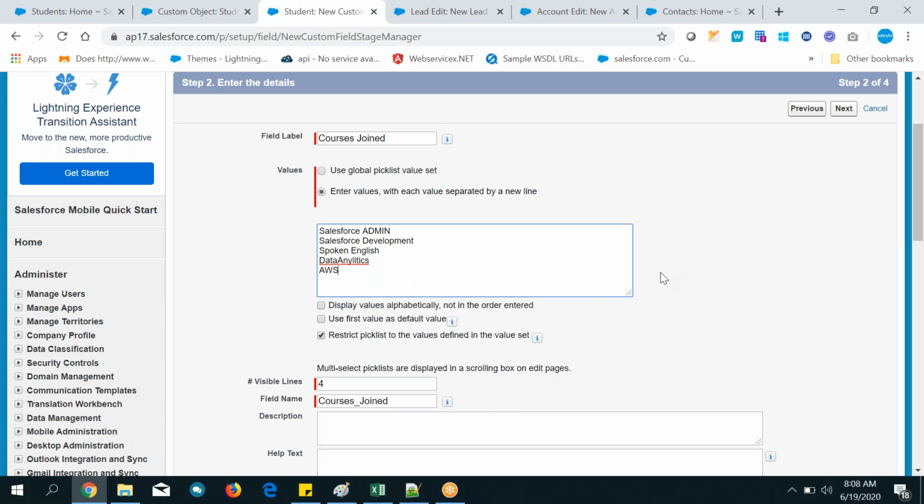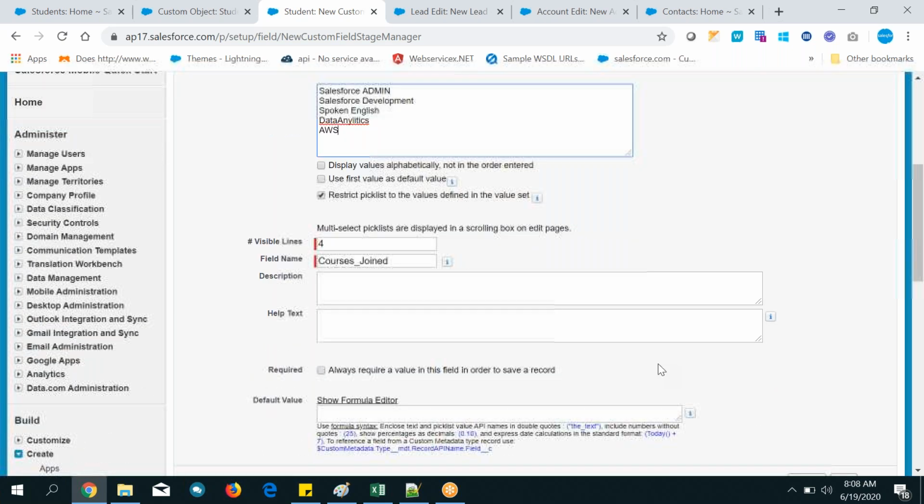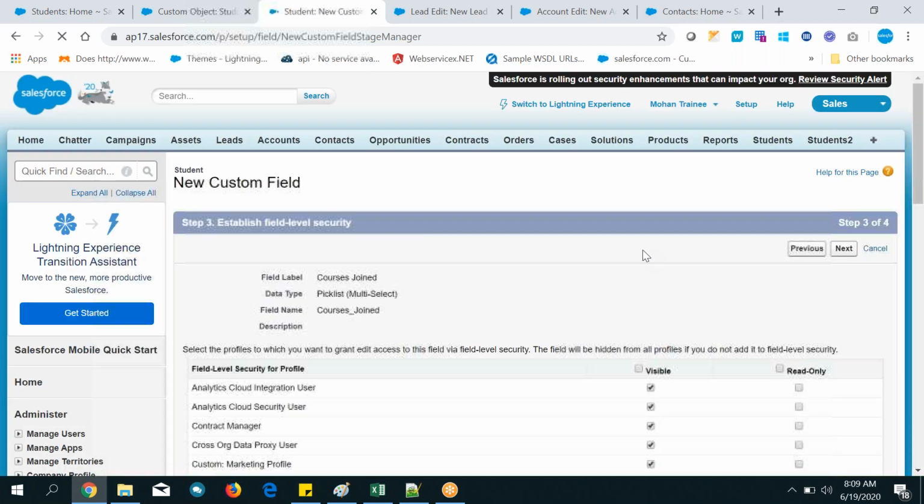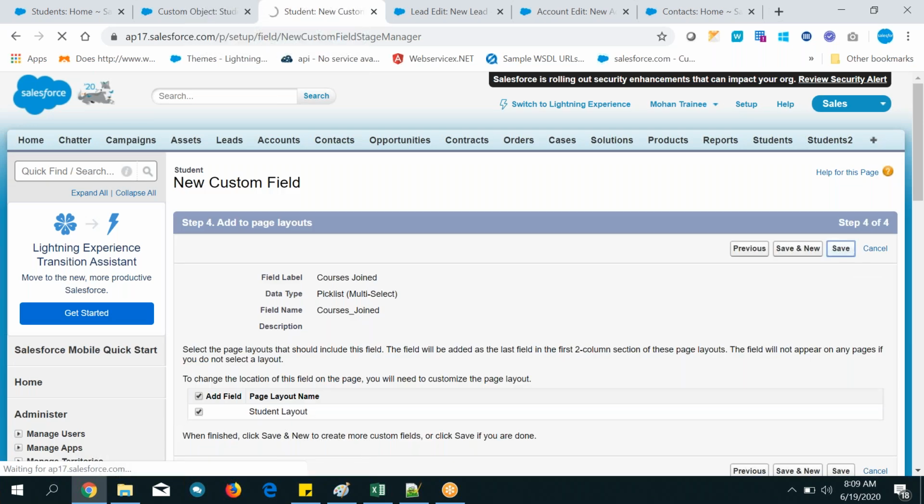Okay, and you can see visible lines and field name. Leave it. So visible lines, leave it as is, 4 numbers, remember that one, and click on the next button. Don't do anything. As of now, what we have done with pick list values, same thing we are doing here also. Click on the next button. Next, finally save it.